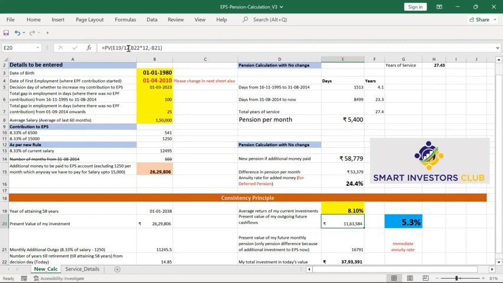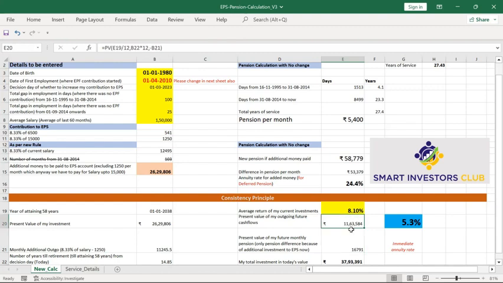So that divided by 12 becomes my monthly interest rate. And then I have to convert my total number of years also into months. So that is my B22 into months, that is into 12. And monthly outgo is minus B21. This is my monthly outgo. So that gives me a present value of